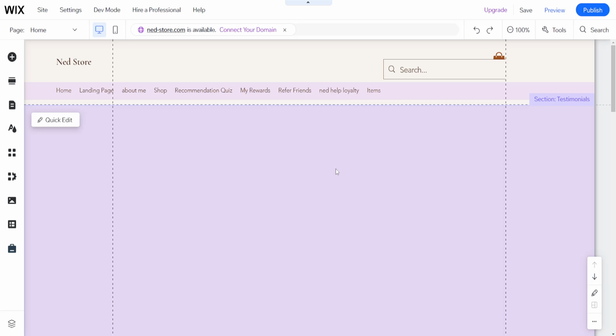How to edit checkout page on Wix. So I'm inside the Wix website editor here, and if we want to edit the checkout page, we will first